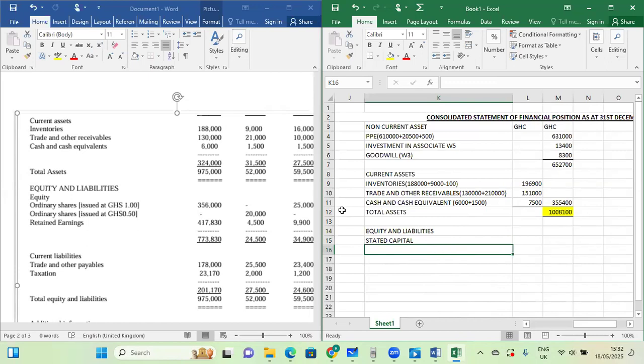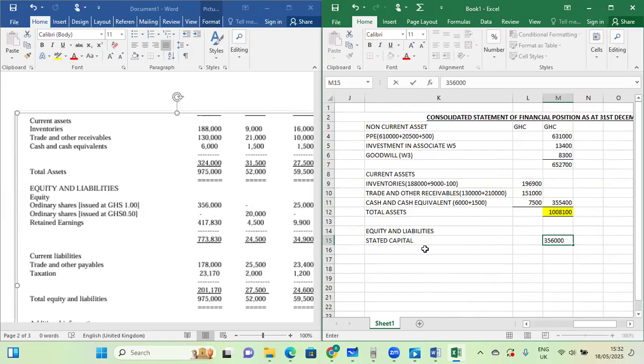So let's say it is 2 out of every 5 shares, and then the price of the shares is whatever, you multiply them, then you add the value to the stated capital that you have here, right? But since there's nothing like that, you put in the same thing. Remember, when it comes to equity, we are not consolidating. You only take the parent's equity and then you bring it here. So now the stated capital will come here,